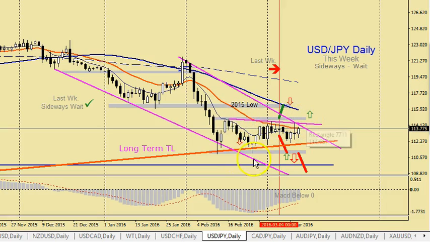This is resistance. The lower gray rectangle, this is support. So as long as price is bouncing in between, I would not take any trades for this week. Just wait. And last week I did say wait. So you want price to break out to the upside above this gray rectangle or to the downside